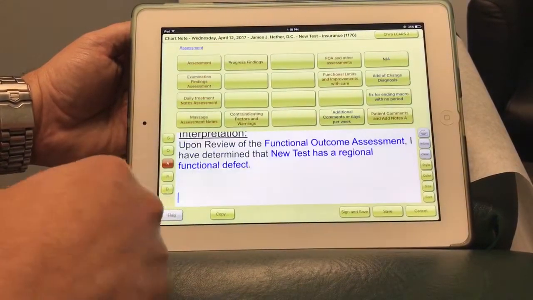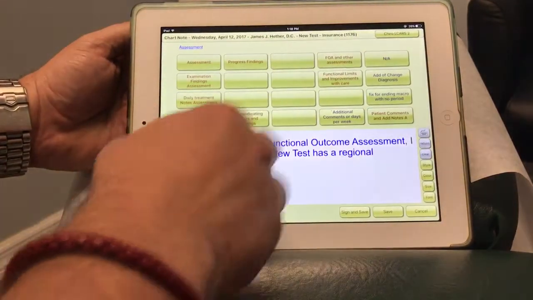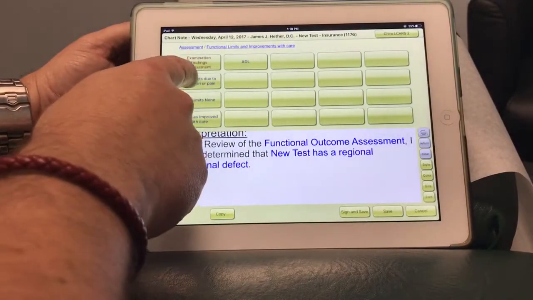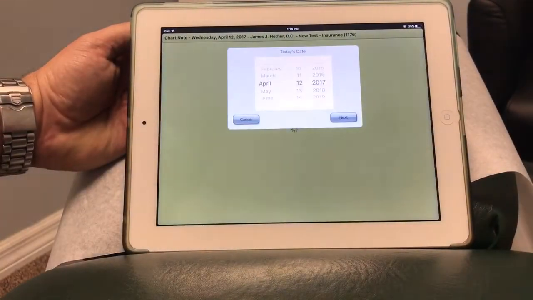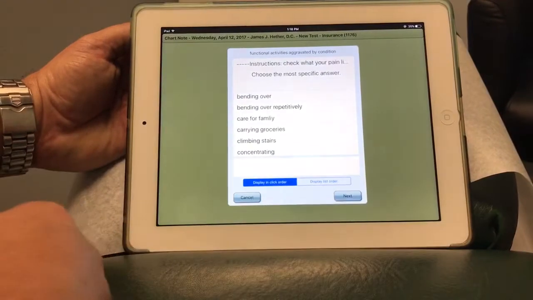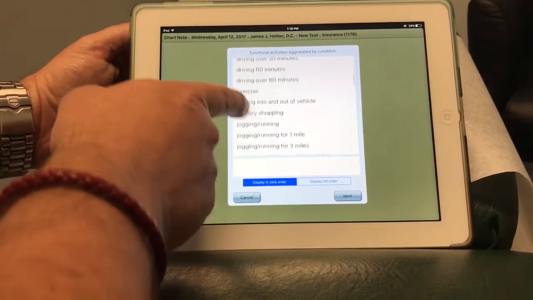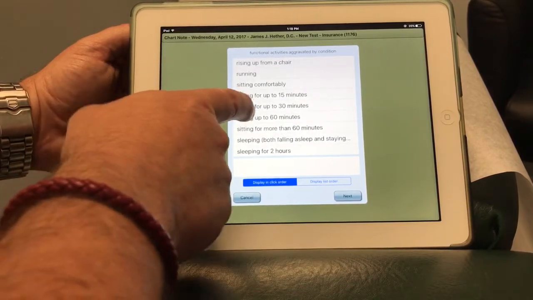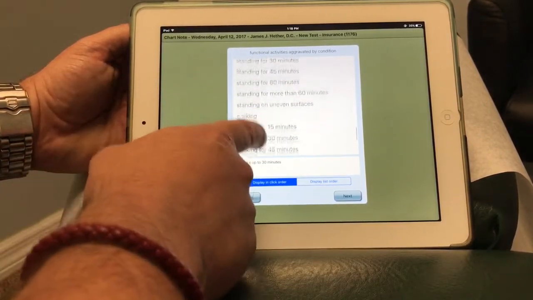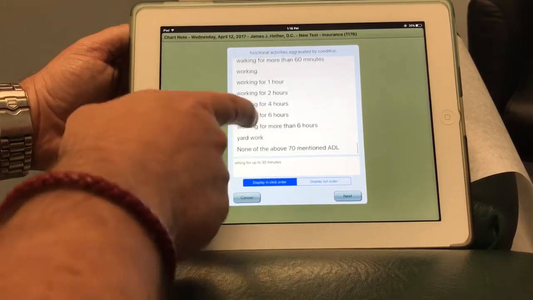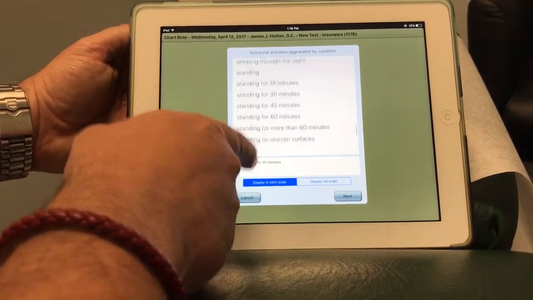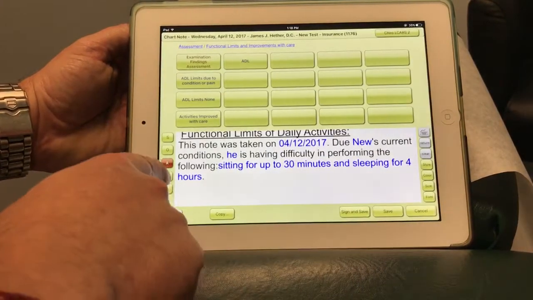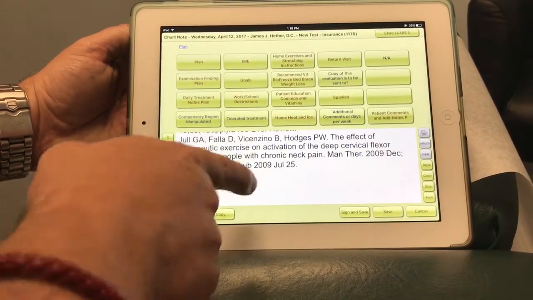On the next visit, if we wanted to go over some activities related, some functional outcome assessments or ADLs, we can say ADLs that are limited due to pain. So because today's date, we're going to do it instead of the last visit, we can say that their neck pain is interfering with them sitting comfortably for 30 minutes, and they are having difficulty with, well, let's say, sleeping for 4 hours. So we can also go back to our goals, and for our specific goals,